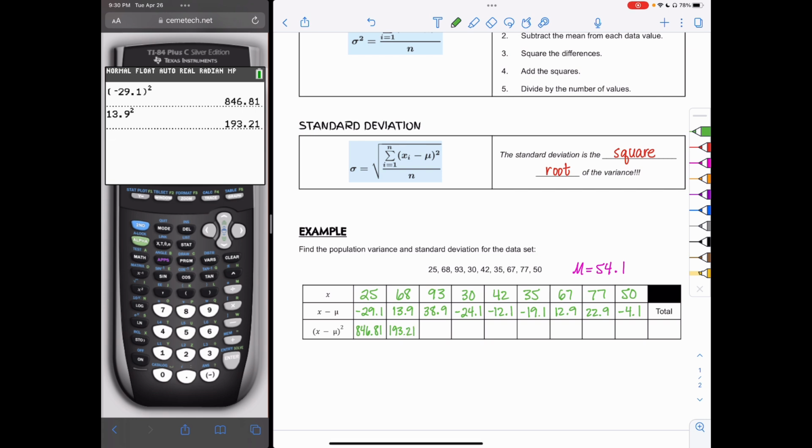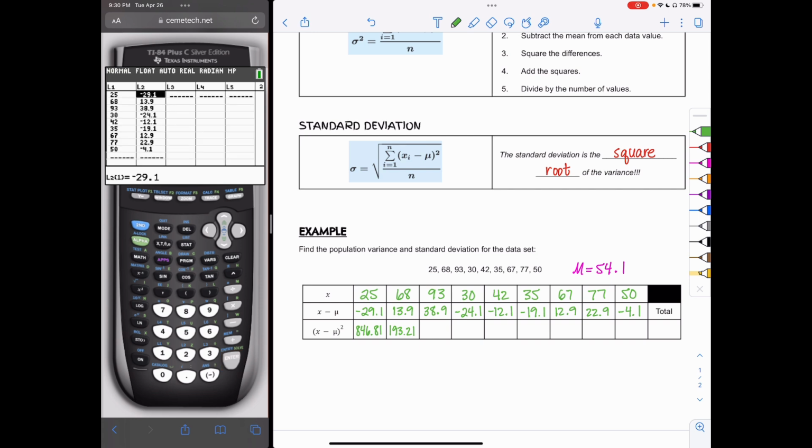193.21. And just like I did before, I am going to go to stat edit, and then I'm going to label L3, and I'm going to say that L3 is equal to L2 squared. So now I would just write these numbers down in the table. So here I'm going to have